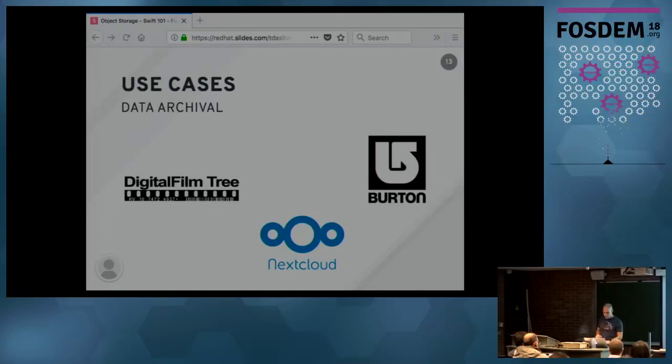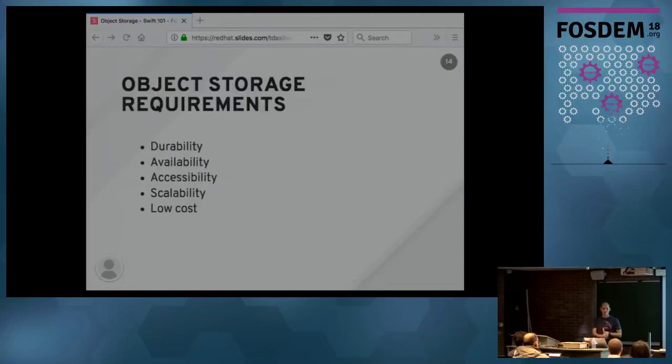So based on these use cases, what kinds of requirements does that entail? What can we learn from these use cases? The first one is that you need to provide durability. So from an end user perspective who is uploading that data,